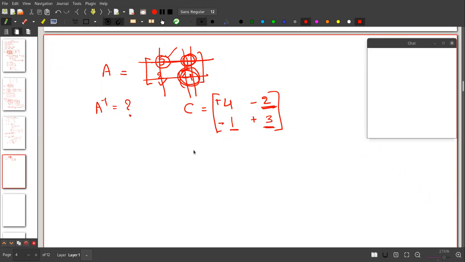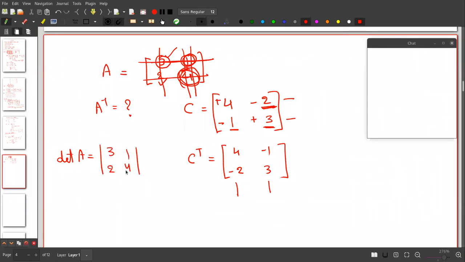Now I have to take the transpose of the cofactor. So the transpose of the cofactor is 4 minus 2 minus 1 3. So this row became this column, this row became the next column. Fine. Let's calculate the determinant of A. What's the determinant of A? It's 3 1 2 4. So it will be 12 minus 2 equals 10. Fine. So now A inverse equals C transpose divided by the determinant of A